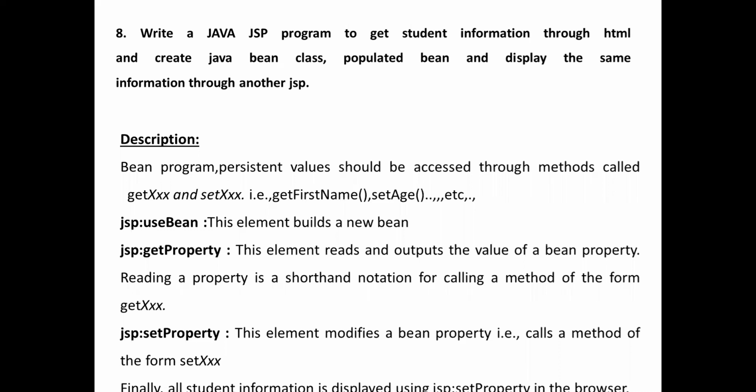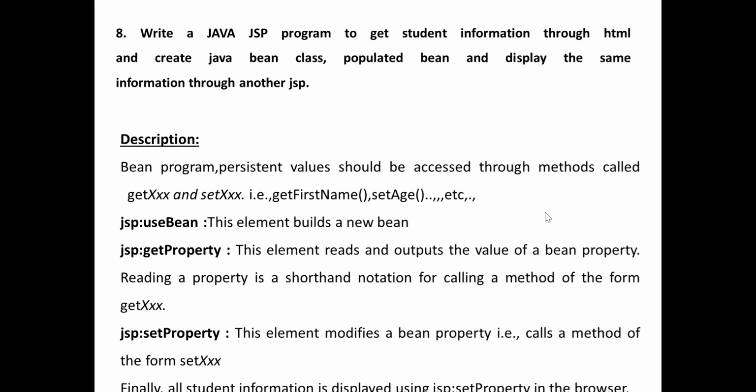Write a program to get the student information through HTML. In that case, I have to create the bean class, and that bean class can be populated to display whatever information the HTML stores through another JSP page. Okay, so the description. In the first bean program, the persistent value should be accessed through methods using getter and setter, that is getXxx and setXxx.